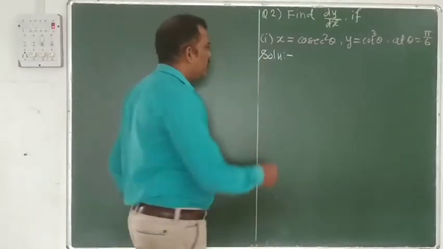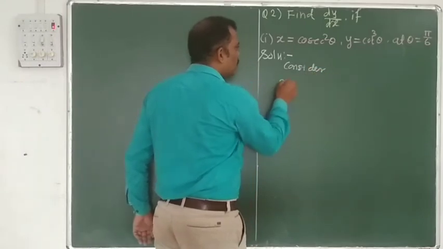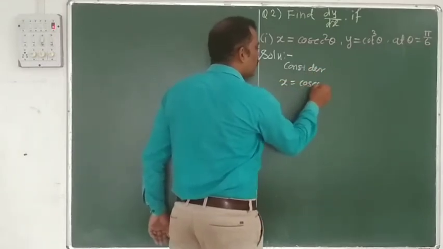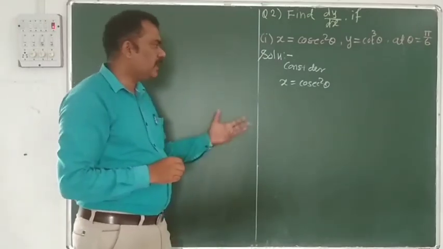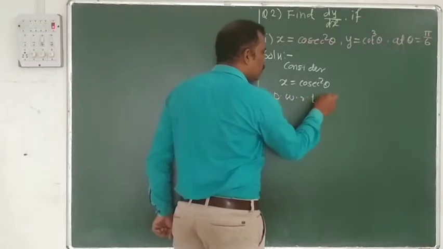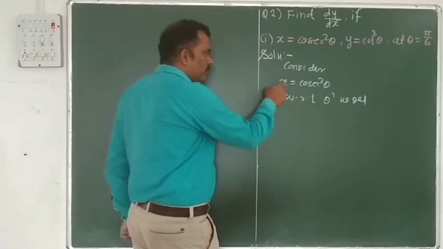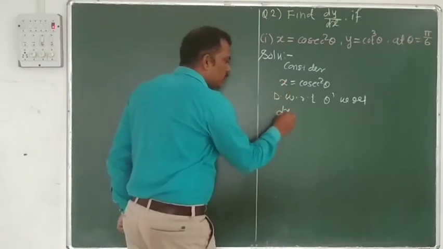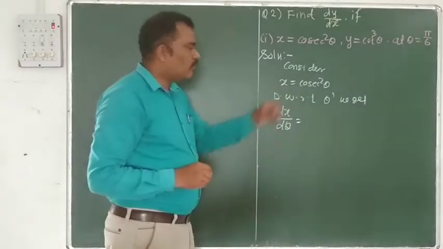Here we have to consider first x is equal to cosec square theta. Okay, x is a function of theta and here theta is the parameter, so that we have to differentiate with respect to theta. We get, differentiation of x with respect to theta, dx by d theta is equal to,